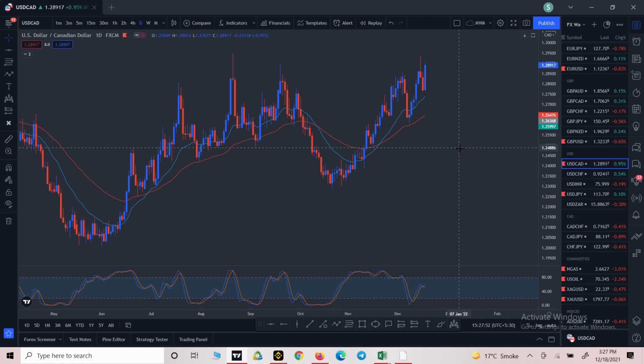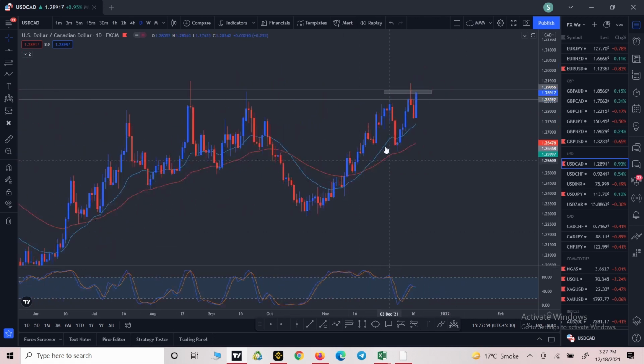Next, if we talk about the USDCAD, as we can see, the market looks bearish because it's making higher highs and higher lows. Starting from here, we can say high low, high low, high high high low, high high high low, high high high low. So high high high low, high high high low, then high high,